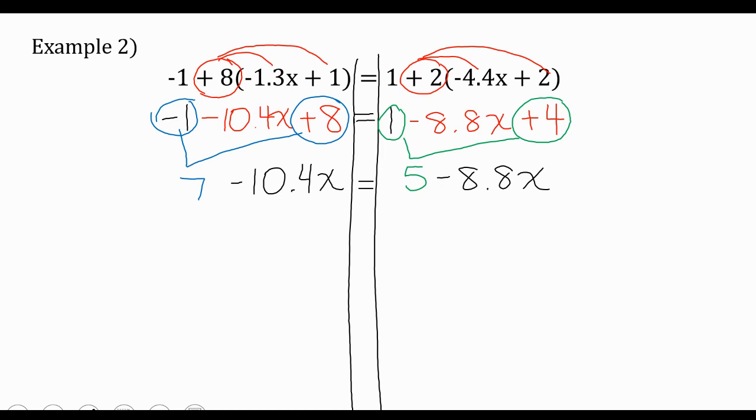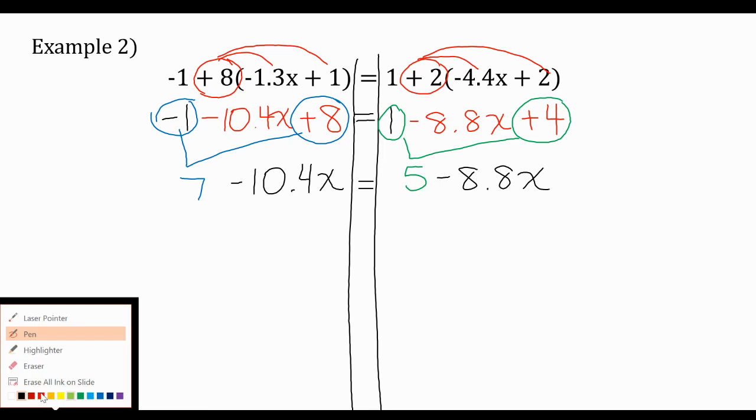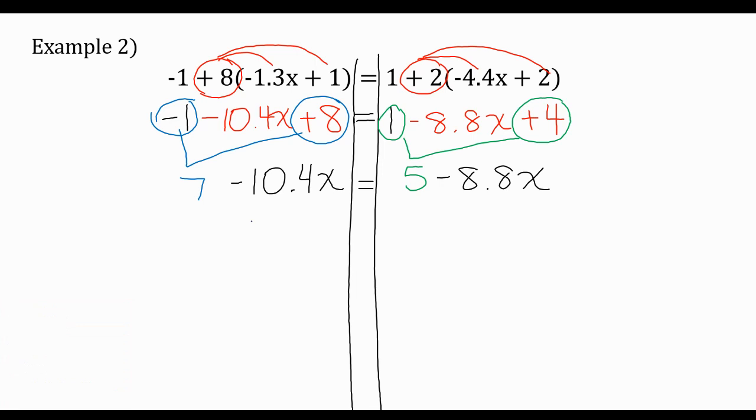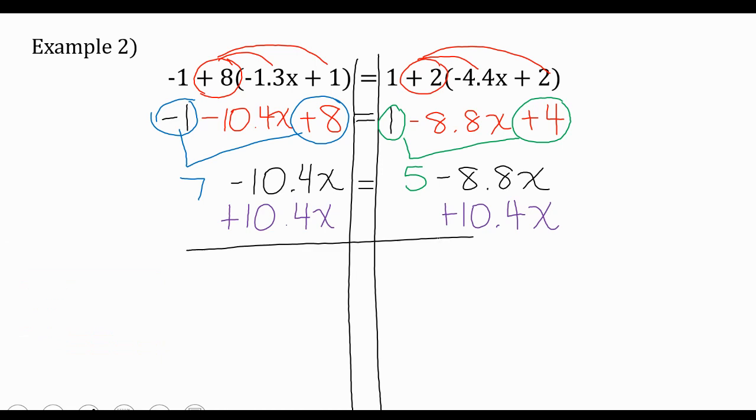Okay. Now we're going to start moving things around. So we're going to move the variable with the smaller coefficient. So if you remember negative numbers, really the bigger the negative number, the smaller it actually is. So I'm going to move this 10.4x. Remember, that's just a suggestion. You don't always need to start that way. And we're going to add that to whatever it's like terms with. These cancel out over here. I'm going to bring down the 7. I get 7 equals 5. And then when I add those together, I'm going to get positive